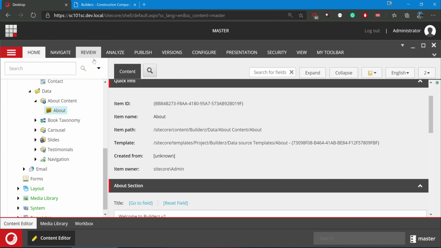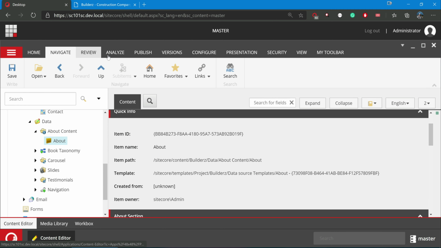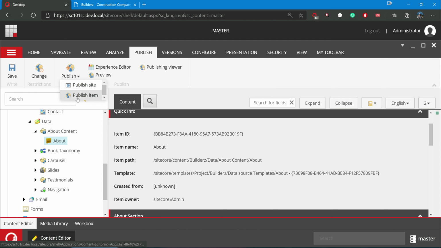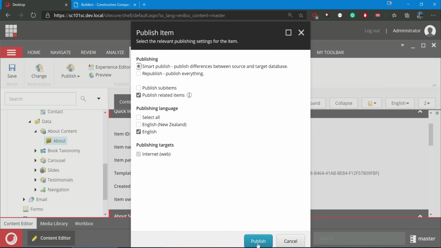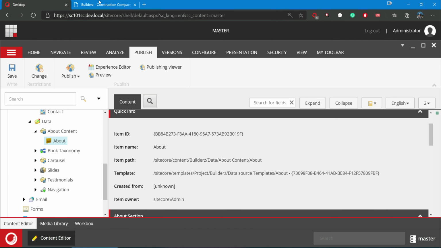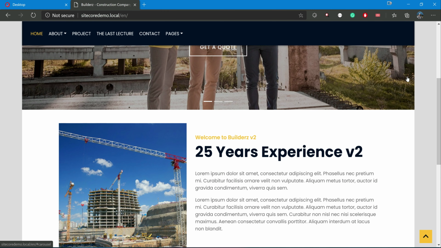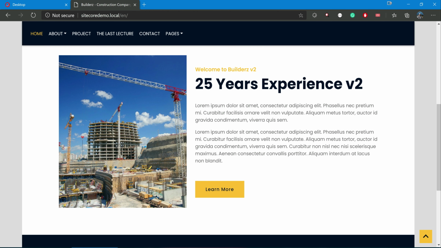Let me publish this at least. Go here and publish this item, and so this is done. Now let's go back to this home. You can see here this is changed.